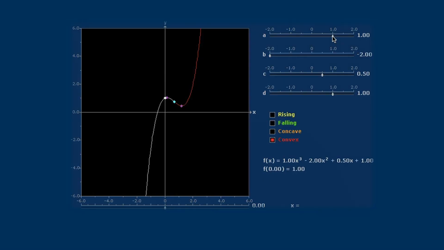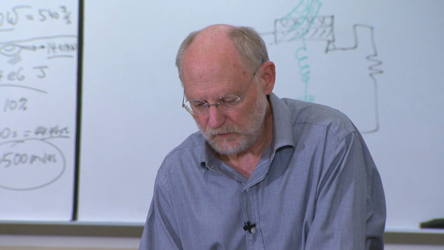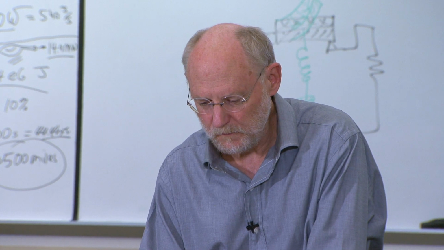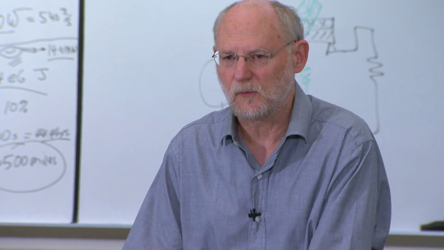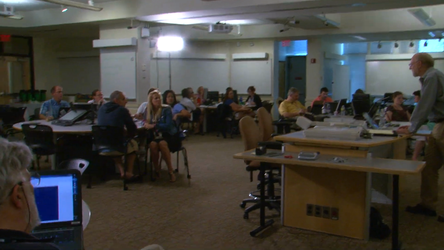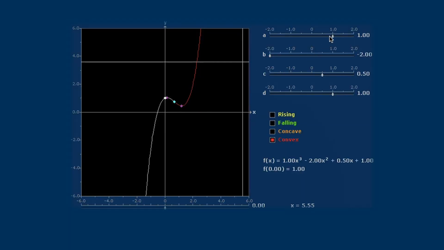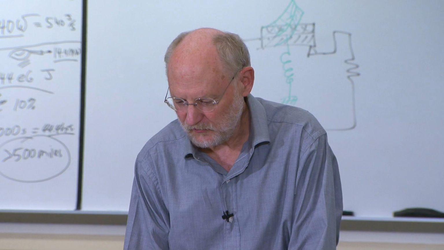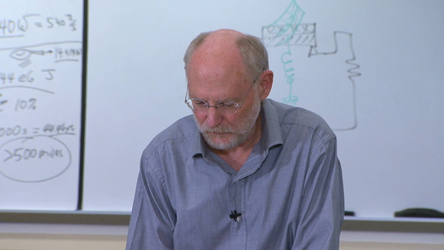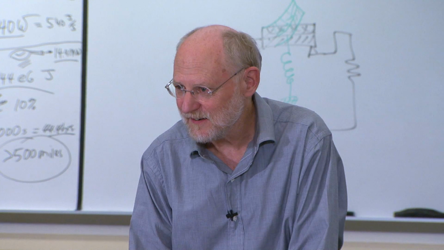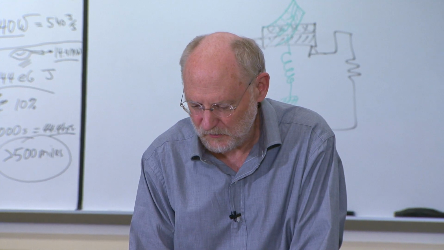Well, right now, this function zooms up as x gets to be large. How would I change the coefficients to make it zoom down when x gets to be large instead? The first coefficient is negative. All right, so the first coefficient is this a. It's set at 1 right now. Let's experiment. There's a proposal from the floor. Let's find out. We can do an experiment here and see what happens.